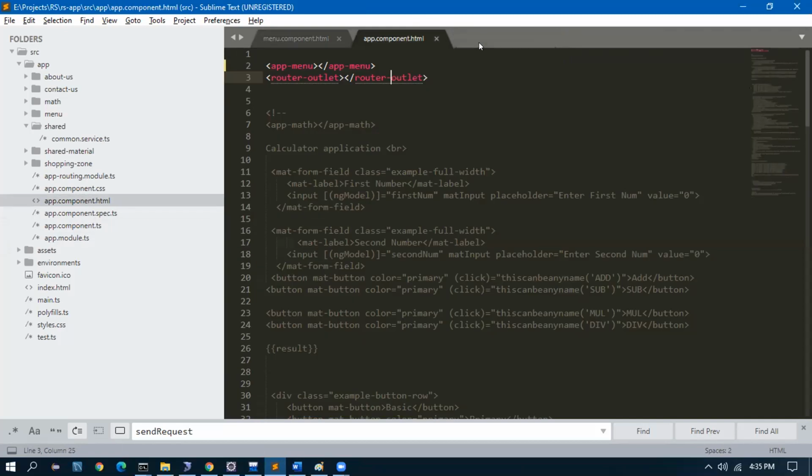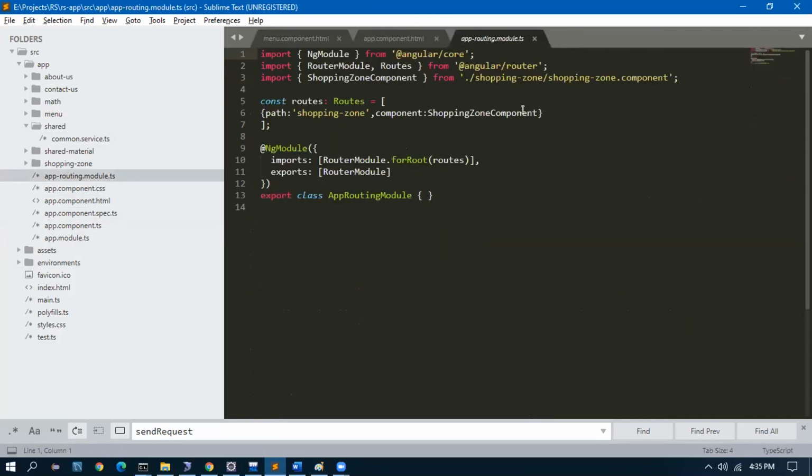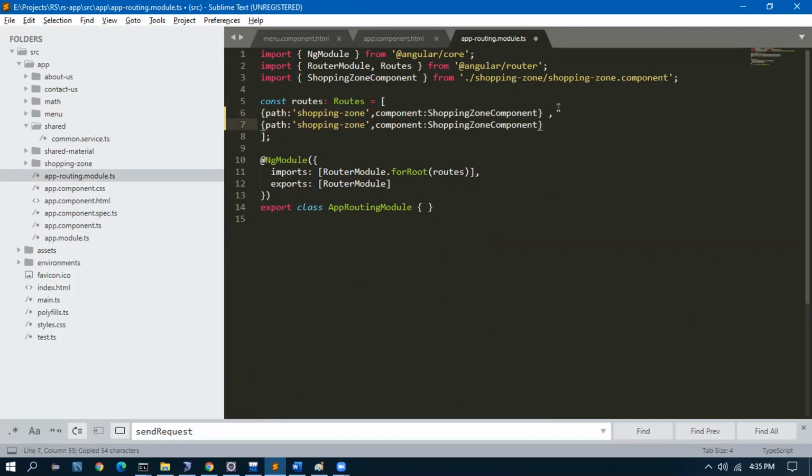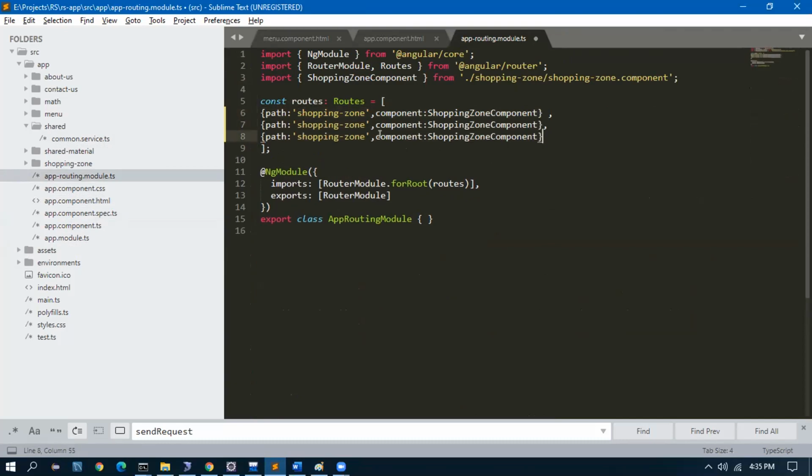Now I go to the routing module. I will copy this part and I'll give it for 2 more. One is for about us, one is for contact us. Rajesh, this routing module I forgot. Just when it is clicked, it is going to come here, right?